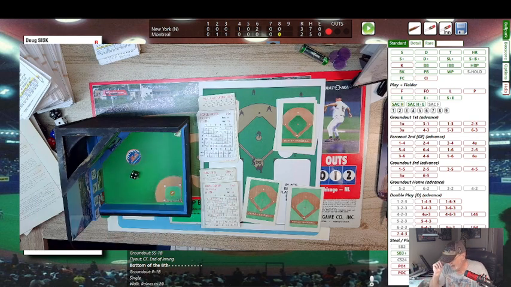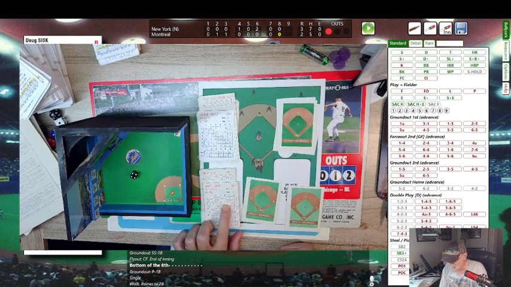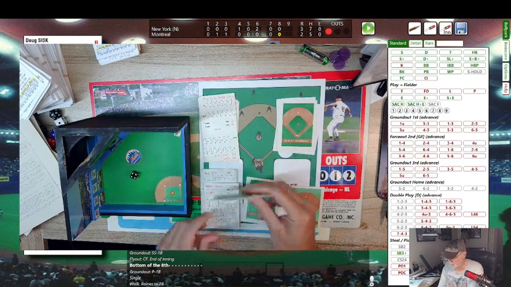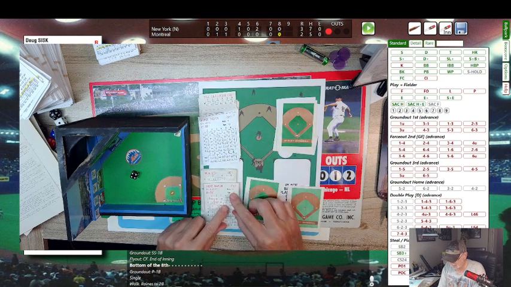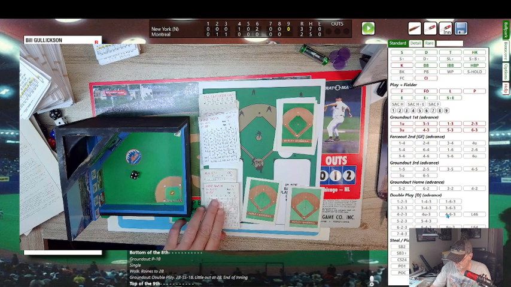Here's a pitch. And that's a 42. This will be a potential error. And that 2 is going to be the second baseman, Gardner. And Gardner at second base is a 4. So a 4, that's going to be a 5. And with the infield halfway, this may turn into a 5-4-3 double. No, excuse me, a 4-6-3 double play. And they turn it. And the Mets get out of the inning. One pitch by Sisk, and he retires the Expos, and we go to the top of the 9th. So it's a 4-6-3 double play there.